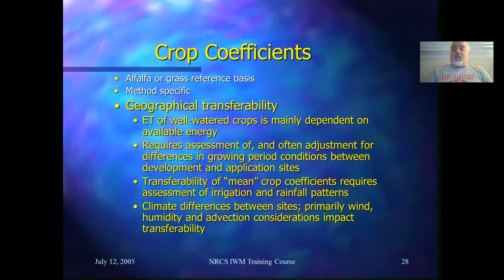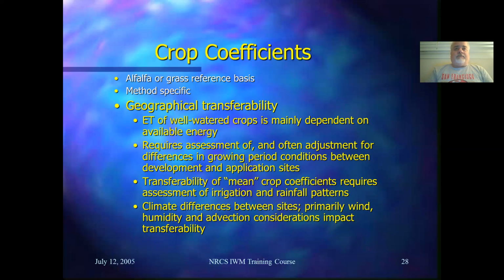You need to adjust it. You need to do some data. You can't just take these mathematical models and assume they work everywhere. So transferability specifically means, or the mean crop coefficient requires, the assessment of irrigation and rainfall patterns. So you need to look at the differences of available water going into your growing area, into your field,